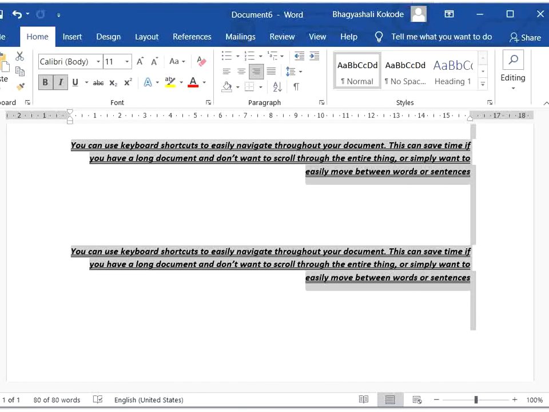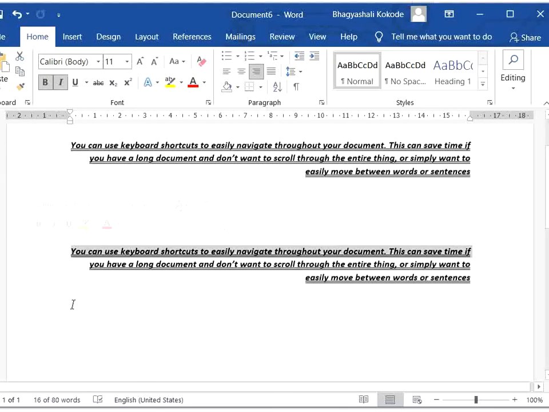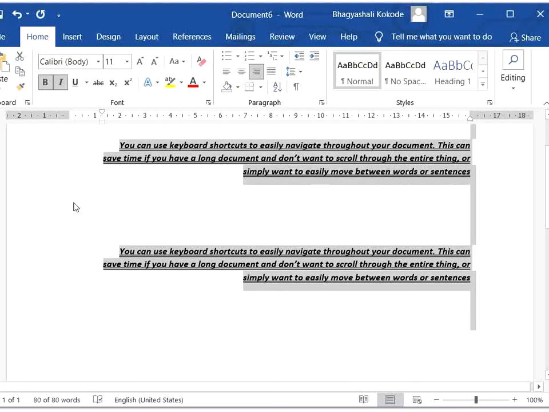So these are all the keys which are used for applying the character formatting, right? Now see the next shortcut keys in this section, for applying the paragraph formatting. Whenever you want to apply the paragraph formatting, you have to use Control M. By using this Control M key, you can see here, it increases the paragraph indent one level each time you press it.